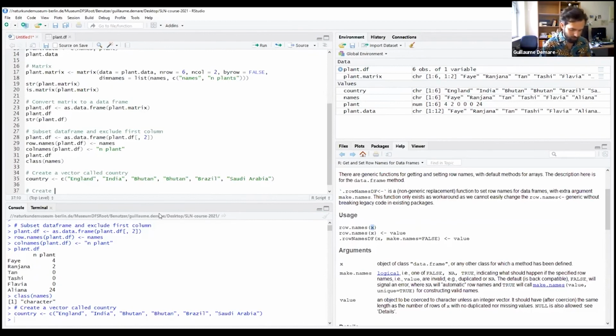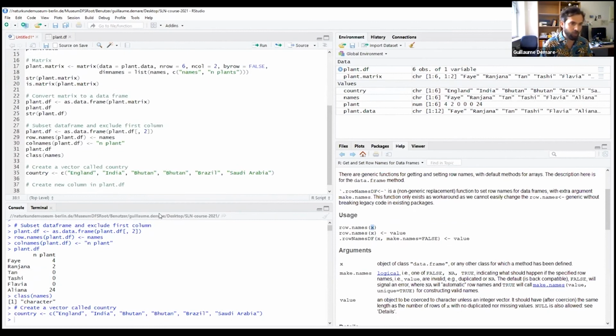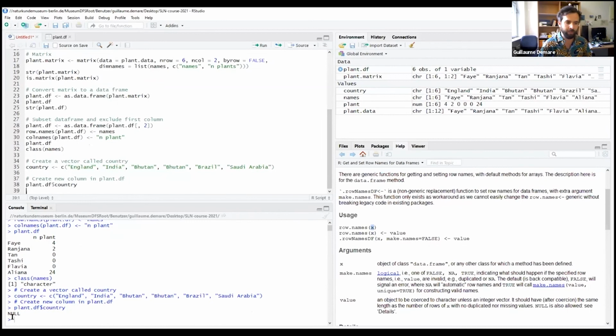And we're going to create a new column in the plant df data frame, which we're going to call country. We can simply do this: plant df, and we refer to the column called country. At this point, if I run this, it will give me an error because it's null. There's no column called country at this point. But I can assign something to that new column that doesn't exist yet, and I'll just put country,